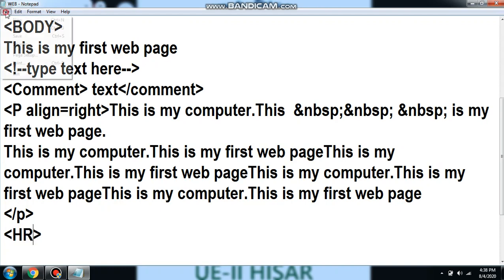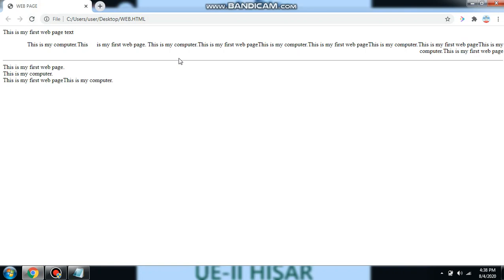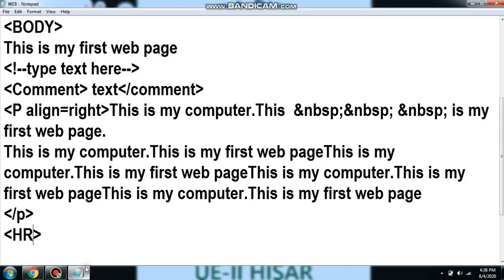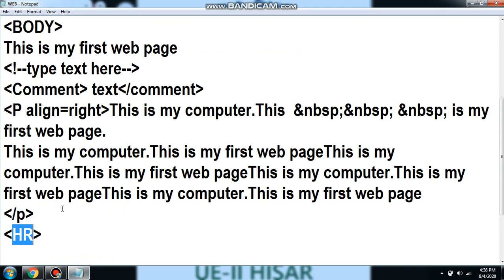I have just used the HR tag. Now you can see the difference. I am just refreshing it. You can see this horizontal line. This is because of the HR tag. HR stands for horizontal rule. Horizontal rule means you want to display a horizontal line or rule, that is this.